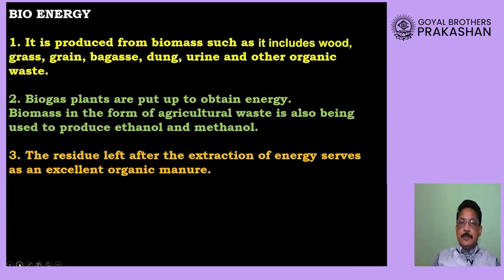Next one is called bioenergy. Now, what exactly is bioenergy? Remember, energy that is obtained by decomposition of organic matter like excreta of animal, urine of animal, excreta of human beings also, leftover food stuff. All these, when we are decomposing, we are able to produce gas. This gas is utilized in order to fulfill industrial and domestic requirement, and energy obtained from them, dear student, is called bioenergy.